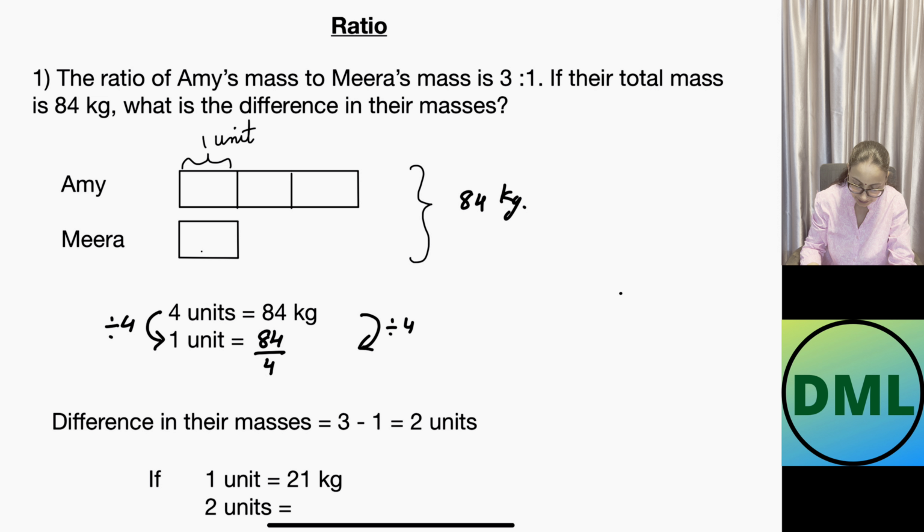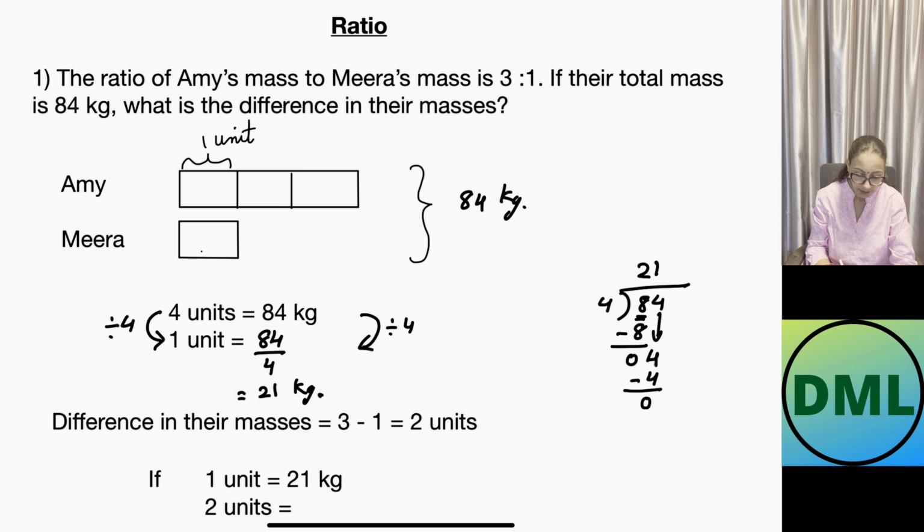Let's divide it here. If we do 84 by 4, this is the first place. It is 8, which is bigger than 4, so I can easily divide it. 4 times 2 is 8. So let's write down 2 here and 8 here, and you subtract it and it will be 0 here. This 4 will come down here. 4 times 1 is 4. So write down 1 here and it will be 4 here. If you subtract it, your answer is 0. My answer is 21. This will give you 21 kgs. 1 unit is equal to 21 kgs.